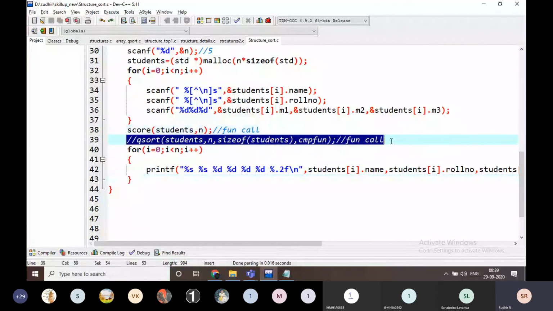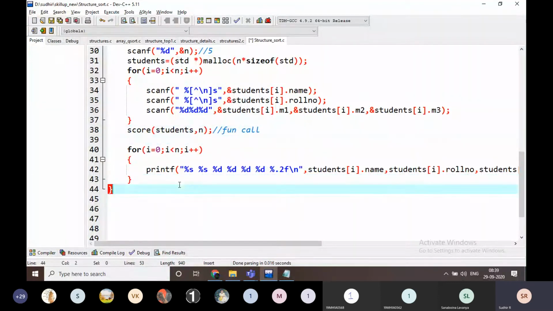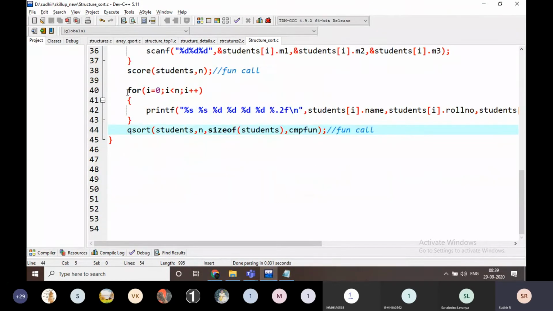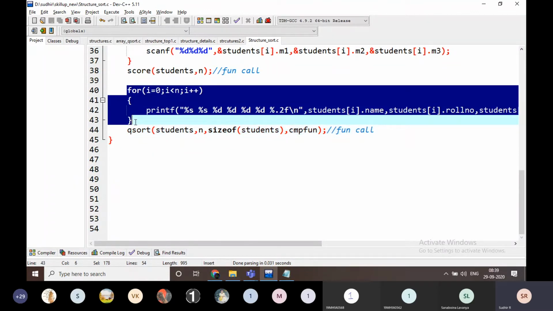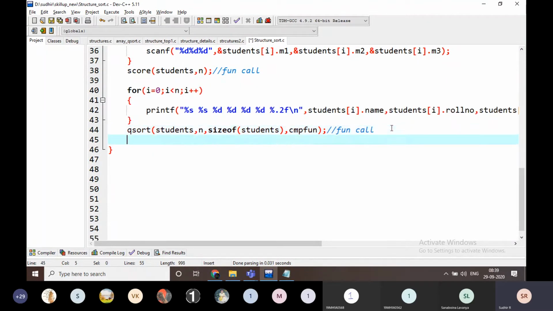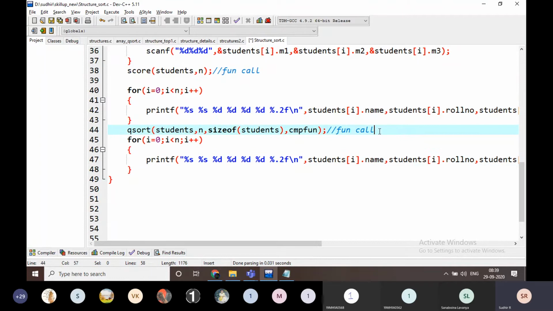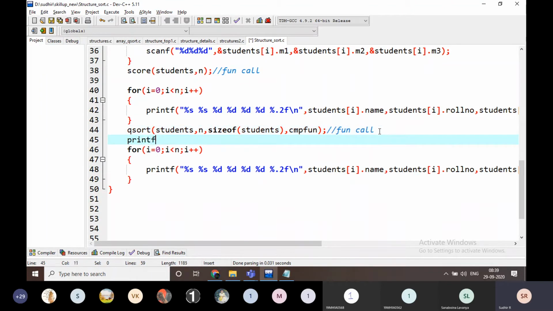I am going to view the data like this. After sorting also we have to view the data. This is before sorting, and I am going to display after sorting also, and I am going to print f after sorting.